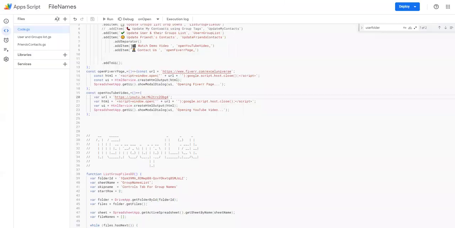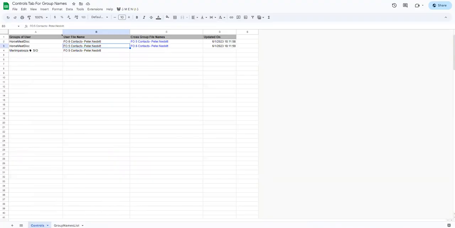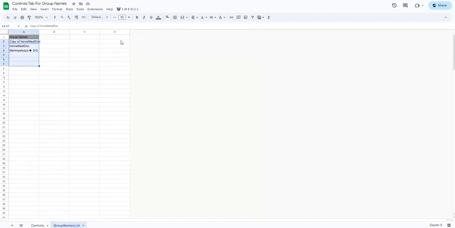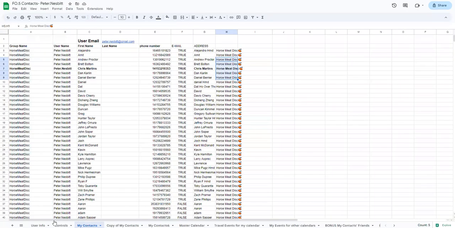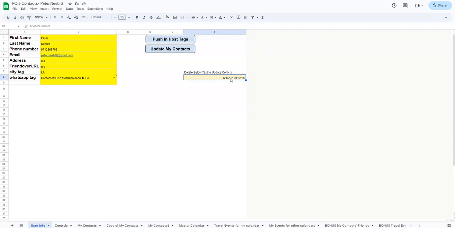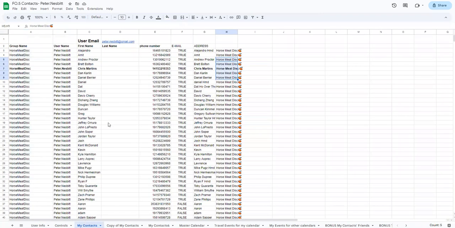Yes. So what I can do, I can give you another control on this control tab, and first we will be creating the group list, all the groups available in the folder. Then we'll be updating the contacts. But once we are doing it from here, it will override the user info. If the timestamp is here, but you are doing it from the control tab, this will get neglected, and whatever the WhatsApp groups are available in here will get updated in the my contacts,